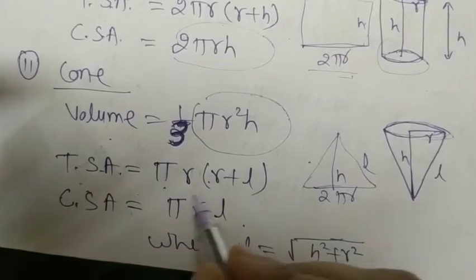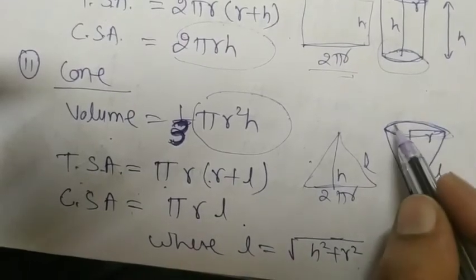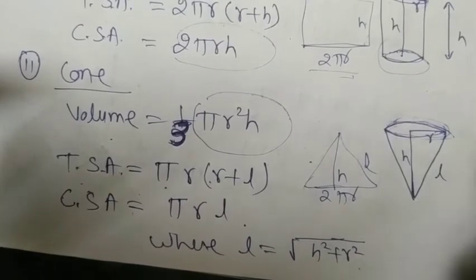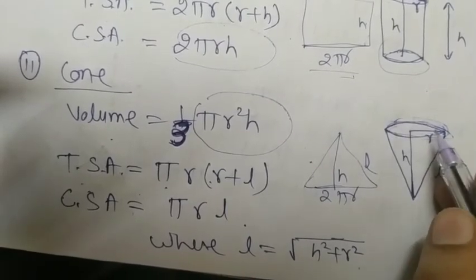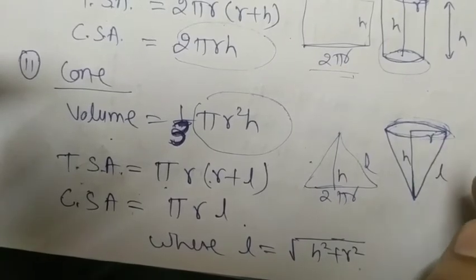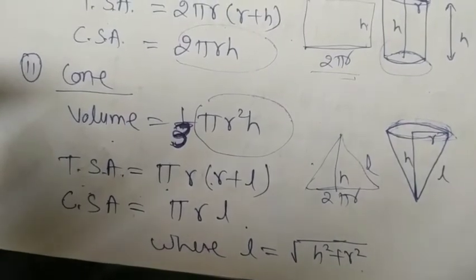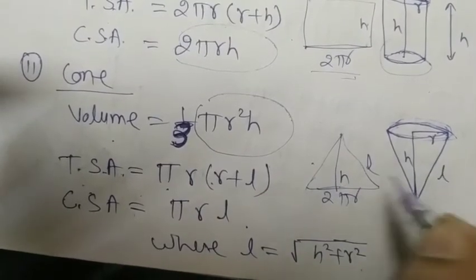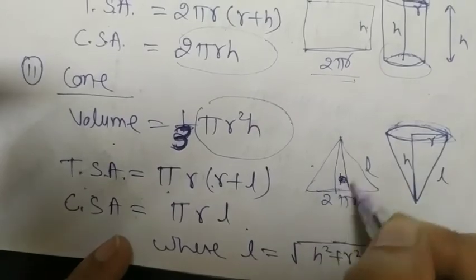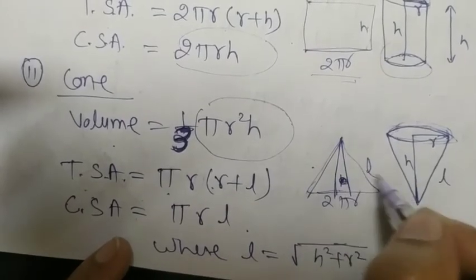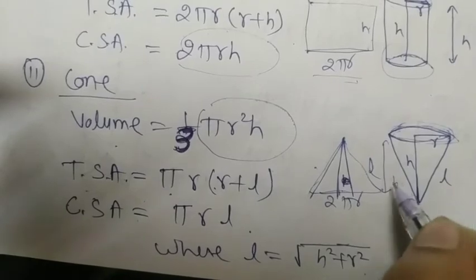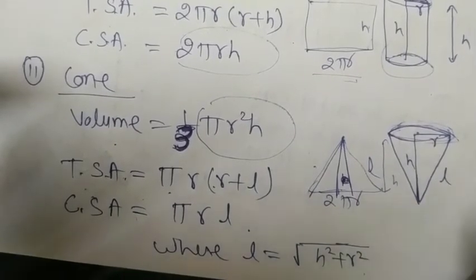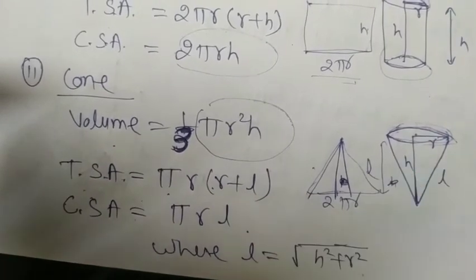In the total surface area, including the curved area, we will also include this base part, the base of the cone. Remember that when I'm opening this, this height and this height are different, since it is totally L. I want to represent H as the height when it is in the form of a cone. When it is not in the form of a cone, when you open this,